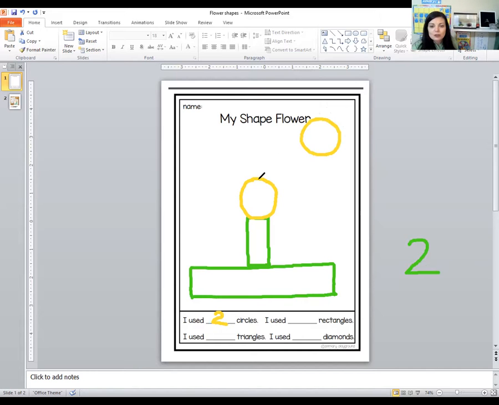Now I'm going to need some triangles. Triangles have 3 sides, 1, 2, 3. I'm going to need 6 triangles to make my flower. 1, 2, 3, 4, 5, 6. So there are 6 triangles, and I'm finished with triangles, so I'm going to write a number 6 down